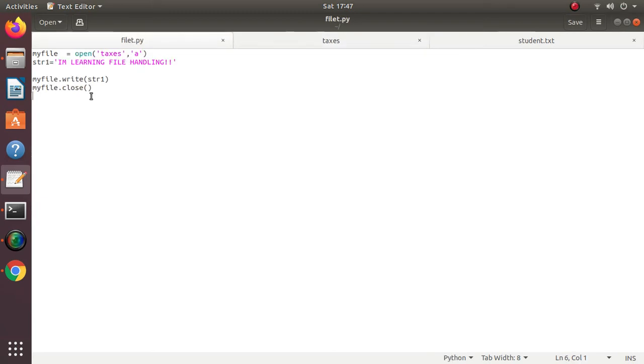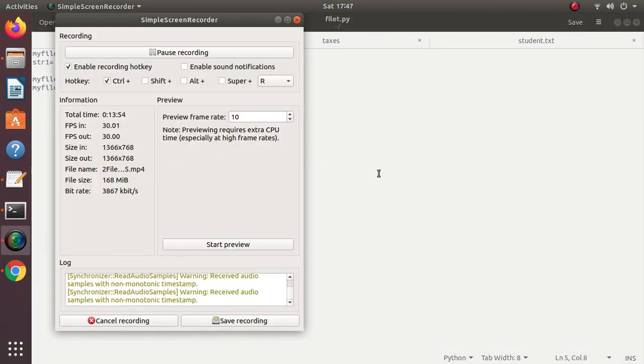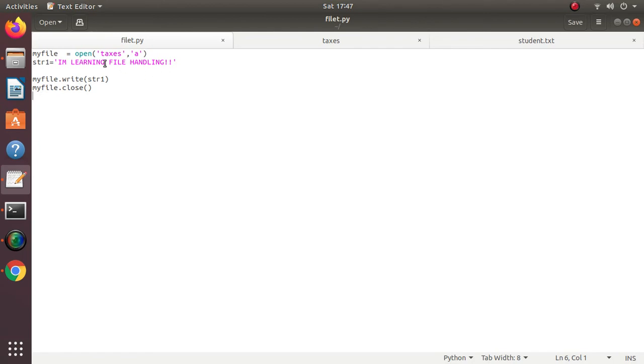Now here, what is the use of this close function? Whenever I am writing inside the file, all the data is getting stored. Whenever I am using these write functions, writelines function, all the strings and lists that we are writing are getting written in a dummy file, in a buffer memory. All the data is getting temporarily stored in the buffer memory. It is not getting stored directly in the text file. It is getting stored temporarily in a temporary file, that is buffer memory.